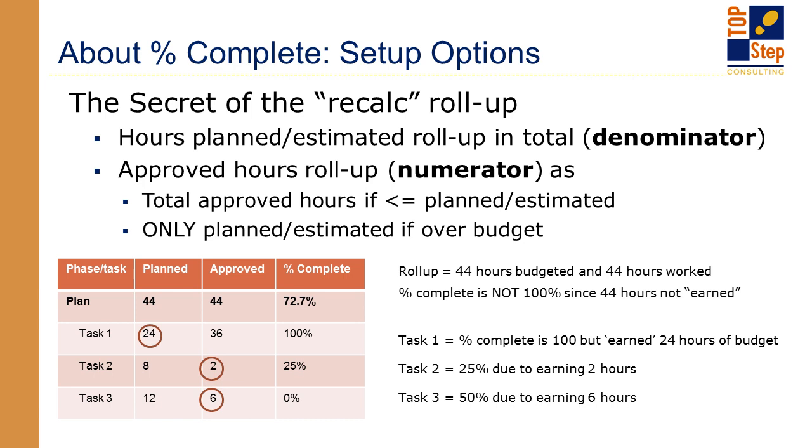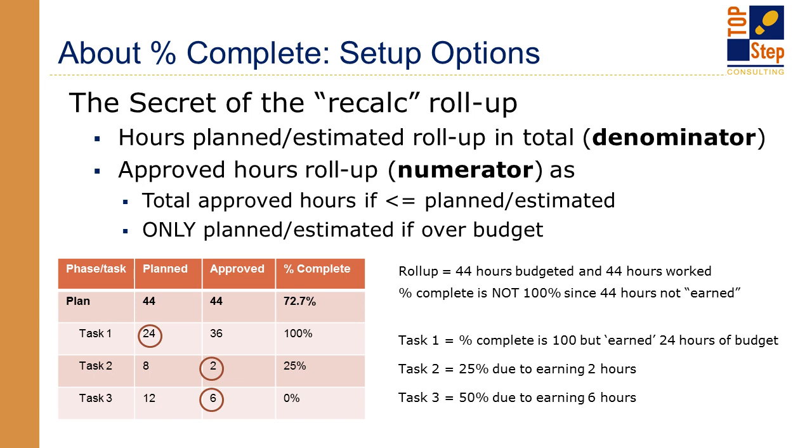Now, if you were just looking at approved over planned, you're not going to come up with that 72.7%. You're going to come up with 100% because it's saying we've got 44 hours approved and only 44 hours were planned, so we're there. But again, when you've gone over what it's looking at there, that task 1, that's 100% complete with the 24, but then only 2 of my 8 hours, so 25% of those hours have been approved, and 6 of my